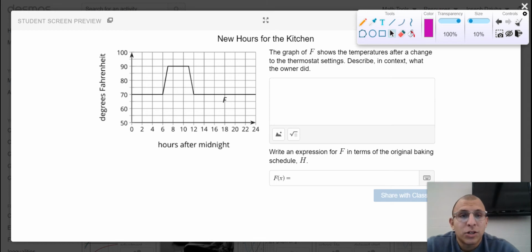So this graph of f shows the temperatures after a change to the thermostat settings. Describe in context what the owner did. So take a look at the output. It appears that the graph has been raised and appears to be